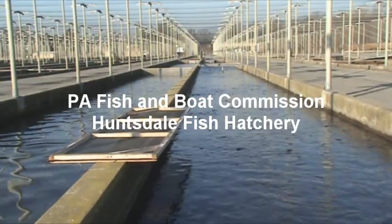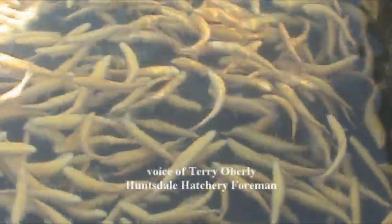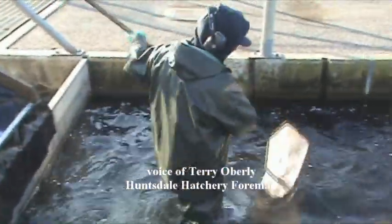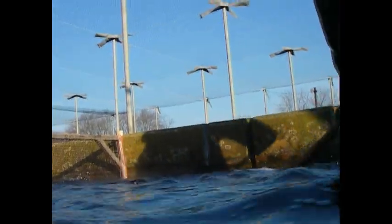The hatchery's been in operation since the 1930s. We raise primarily brook, brown, and rainbows, with some golden rainbows for trophy fish that get stocked in the streams. We're stocking about 513,000 adult trout this year, and in addition to that, typically we'll spawn our rainbows late July, early August,